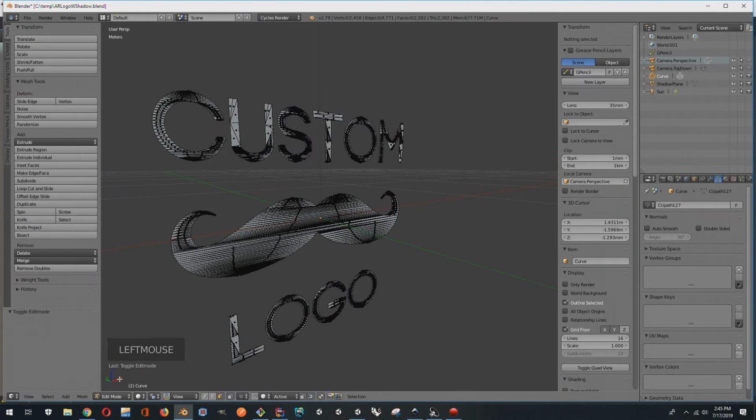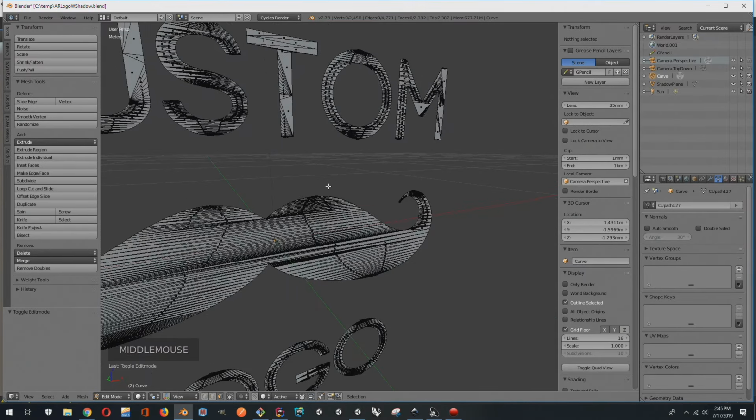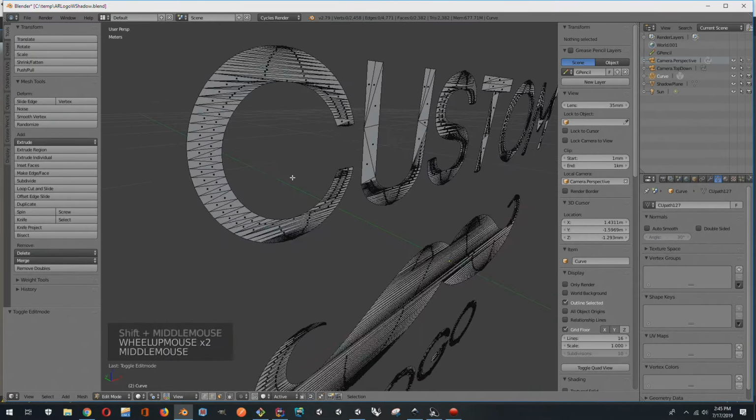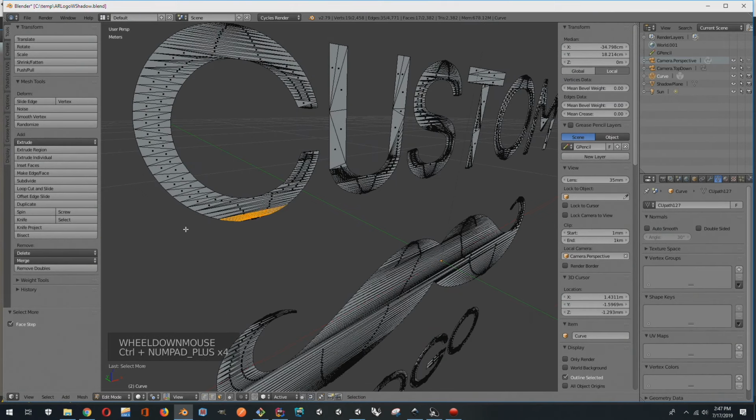As we switch into edit mode, you can see where these faces are coming from. There's a lot of detail that was created when we converted from curve to mesh. So we're going to use a few commands to start chiseling away at this and simplifying it. One technique that I use is to select a face and then hit Control and plus, so you can select